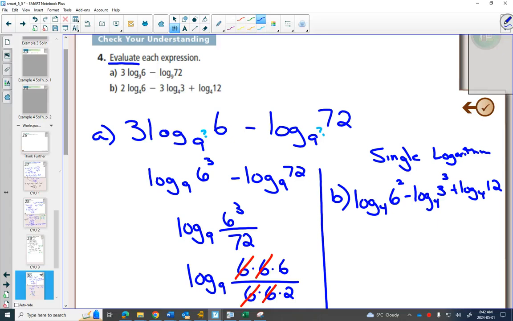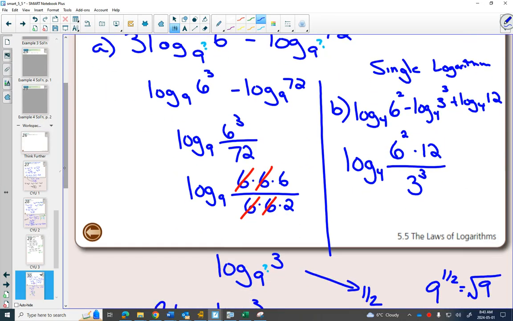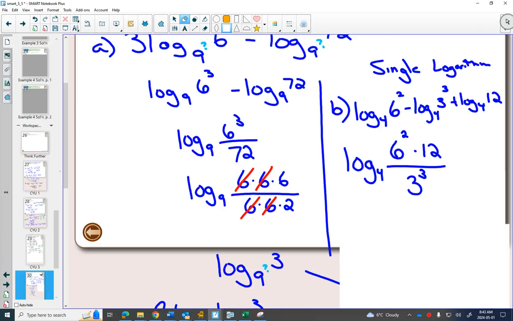And once you're adding and subtracting single logarithms, we can combine this all together. First, we notice all the bases are the same, so we can use our log law. Whichever ones are added, which would be the 6 squared and the 12, they all get multiplied in your numerator. And whichever ones are subtracted, which is just the 3 cubed, will be in your denominator. Again, you could do 36 times 12 in your head, and then divide it by 27, or you could break